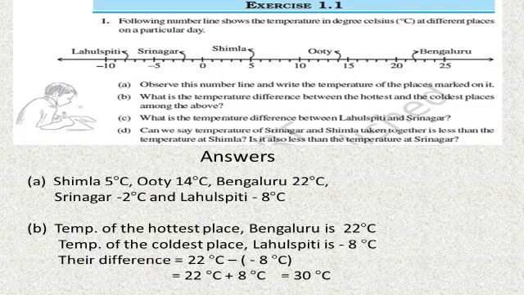Now as the question is, we have to calculate the difference. Difference is always calculated by subtracting the lower number from the bigger number. So here, their difference is equal to 22 degrees Celsius, it is the hottest, minus, in the bracket, what is the temperature of the coldest? Minus 8. In the rules of the integers, I told you, if there is a negative sign in between the two integers, we change the sign of the second integer. So the second integer here, minus 8, will be changed to plus 8. So final statement, 22 degrees Celsius plus 8 degrees Celsius will be equal to 30 degrees Celsius.